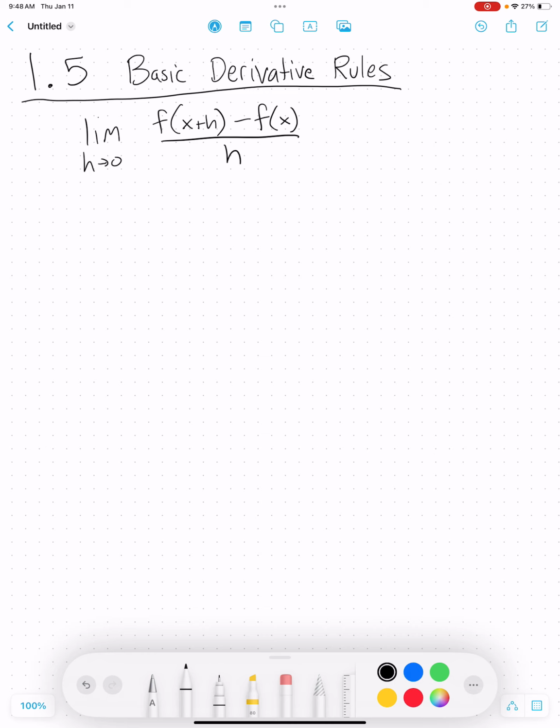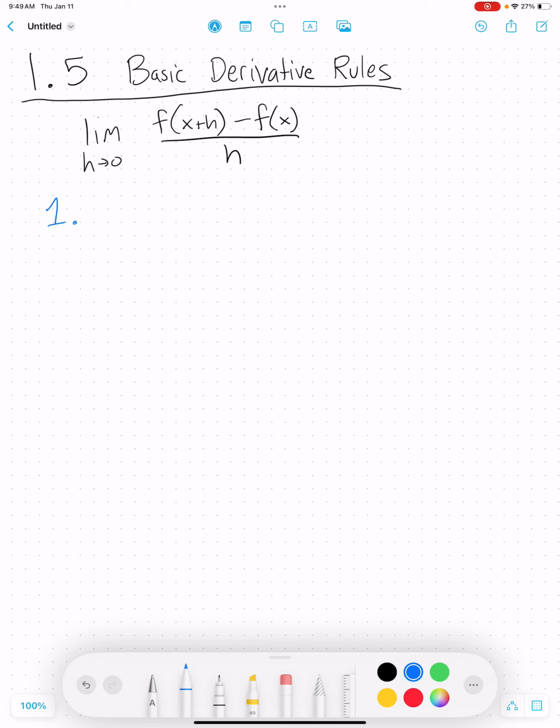So what that might lead us to is, are there any properties of derivatives or rules that we can use to make our lives a little bit easier? Well, it turns out there are. Okay, there are some very basic derivative rules that are really going to help us out. So, first off,